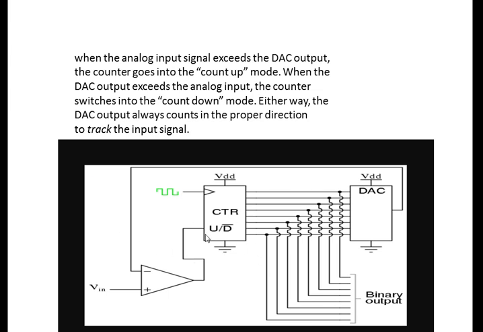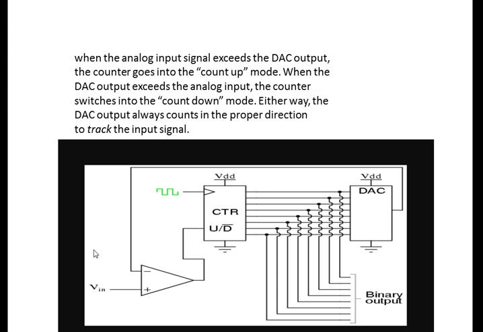So due to this, whenever the first time I am counting the value, that is 8, I am applying 8 volts. So the output of the DAC I am getting is 1000. 8 value is 1000. Next time I want 9 volts, so at the input I am applying 9 volts. So in the previous case, if you apply 9 volts, the DAC voltage starts increasing from 0. But in this case, it starts increasing from 8 only because of this up down counter.